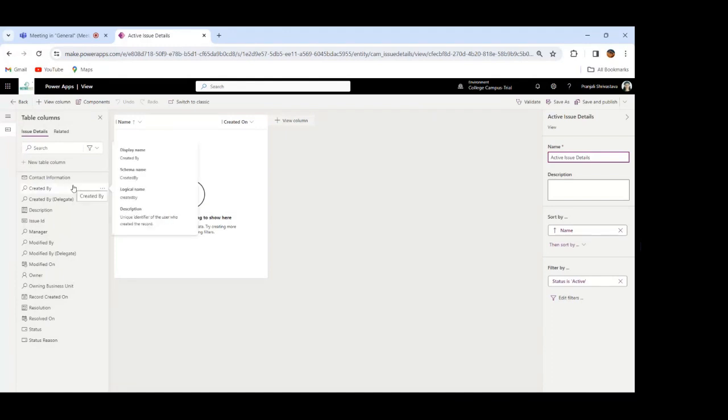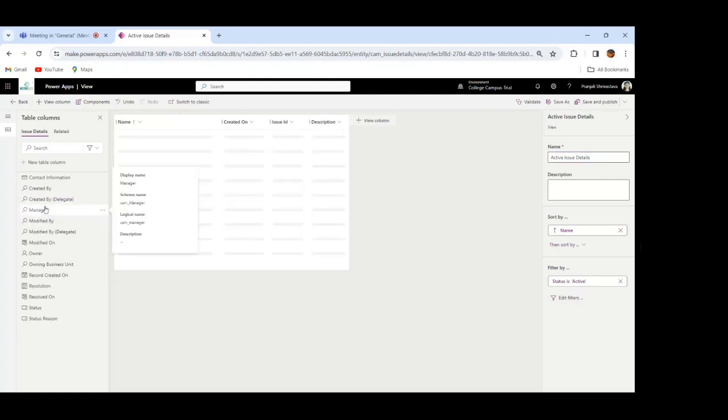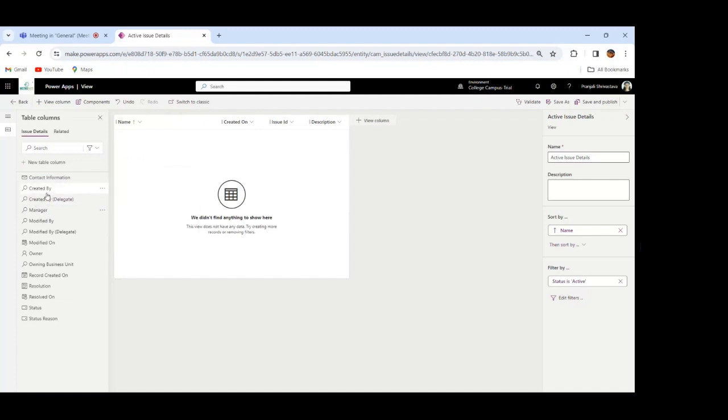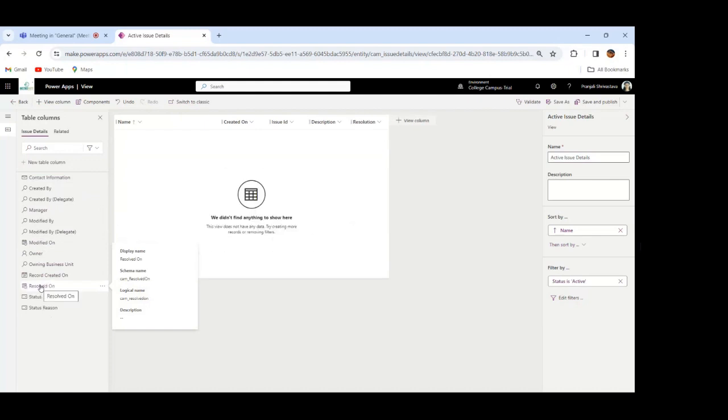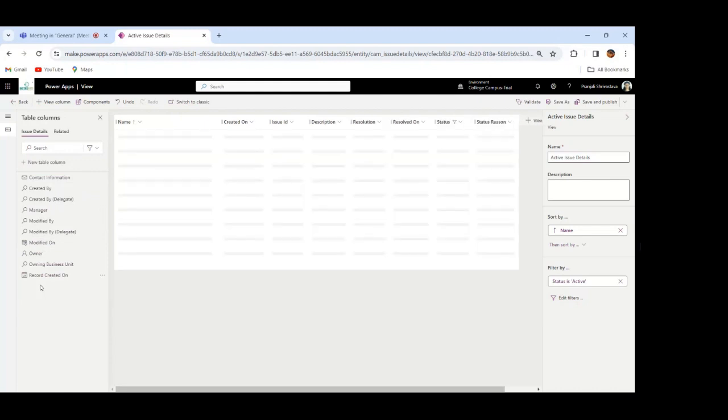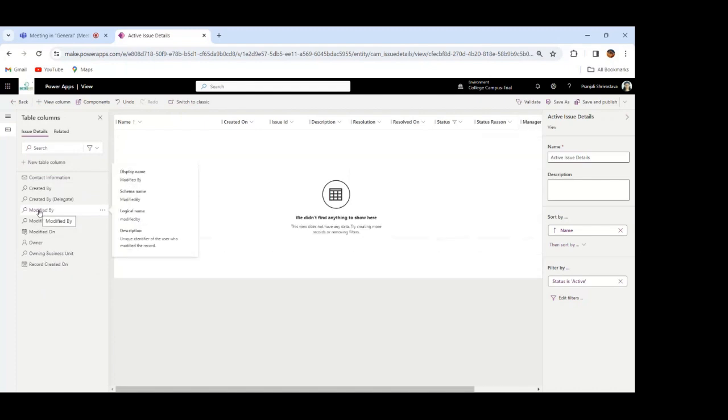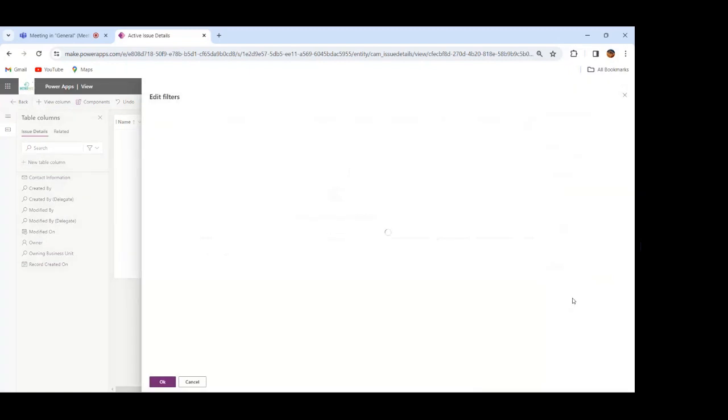Okay, now let's add one by one in views. Let's first add issue ID, description. I am adding all the table columns here, right? And resolved on, resolution, status, status reason, manager. I think this is sufficient. Now let's edit the filters from here. On the right hand side, you will find this filter by. Currently status is active. So just click on edit filters,